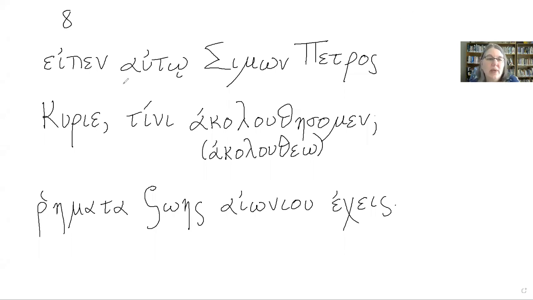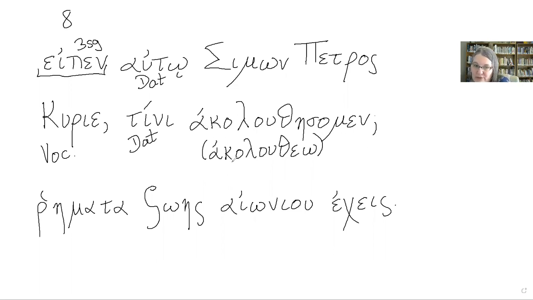Okay, sentence 8, we have eipen autō Simōn Petros. Again, I think I told you that you'll come very quickly to recognize eipen as the aorist of legō, and the only question is going to be what the ending is. Here we have the third person singular ending. We have the dative direct object. So we have Simon Peter said to him, and then we have the vocative of kyrios, so Lord. And then we have the dative of tini,